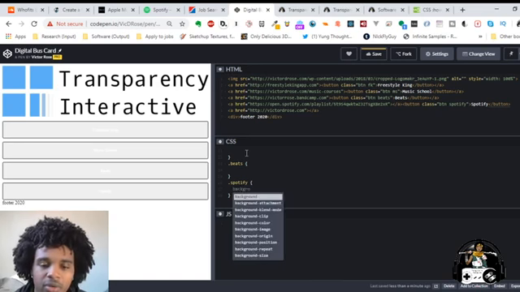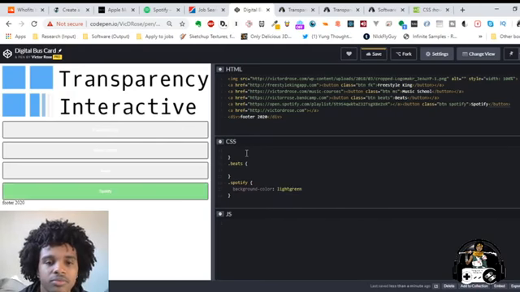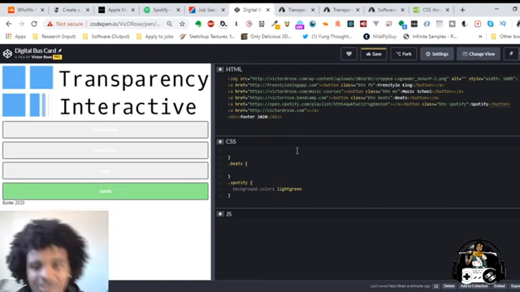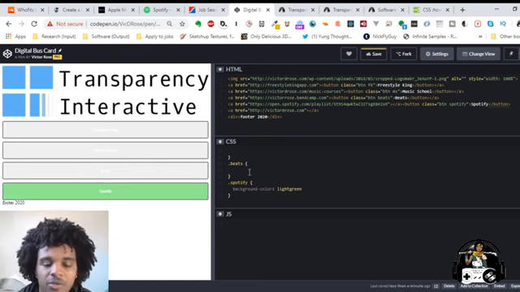Then we're going to do a background color for each one. Really, a background image would work. So right here we're going to do light green. Ooh, that looks kind of nice. That's looking kind of good right there. So Beats, then I'm going to do